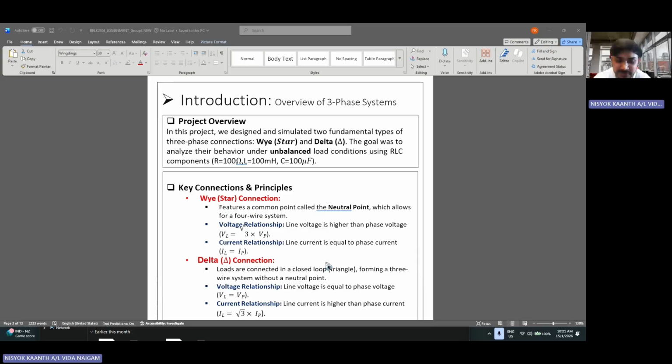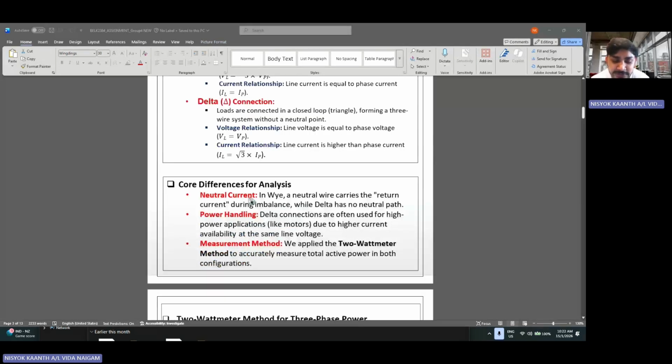Core differences: when comparing both connections, one important difference is the presence of a neutral current. In a Y system, any imbalance in the load causes a return current to flow through the neutral wire. However, delta systems do not have a neutral path. Another difference is power handling. Delta systems are able to handle higher currents at the same line voltage, which is why they are widely used